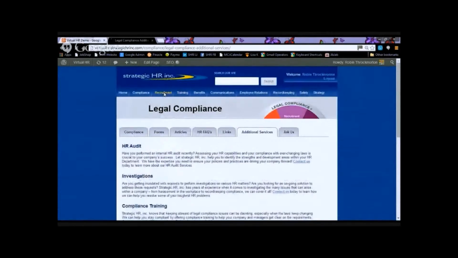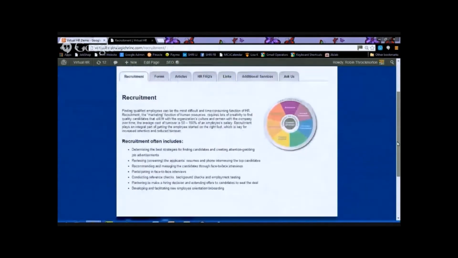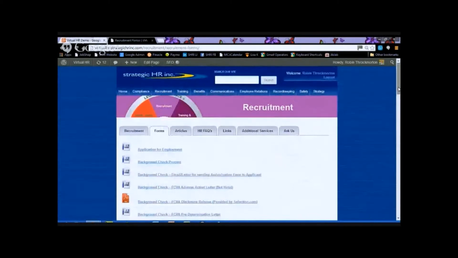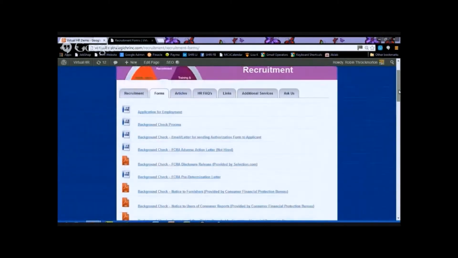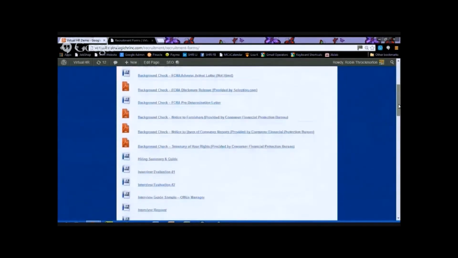As you go across any of the tabs at the top, they're all the same. So again, this tab under recruitment overviews what is recruitment and what it often might include. Let's go ahead and jump into the forms just to give you a sample. If you are in one of these sections and you're looking for something specifically, let's say, for example, that you're looking for